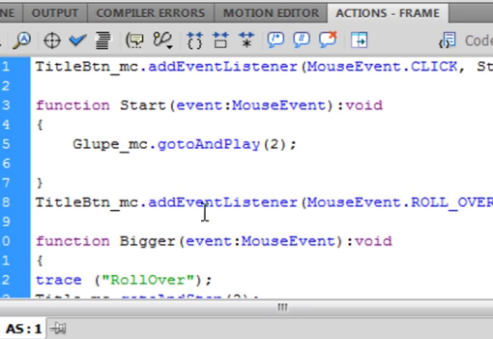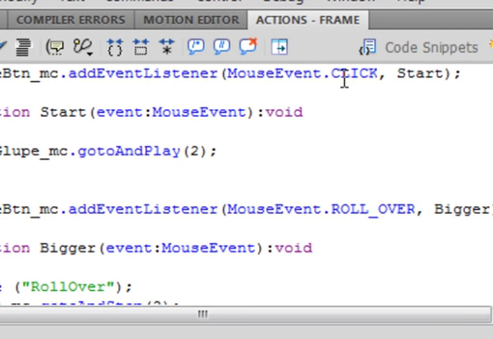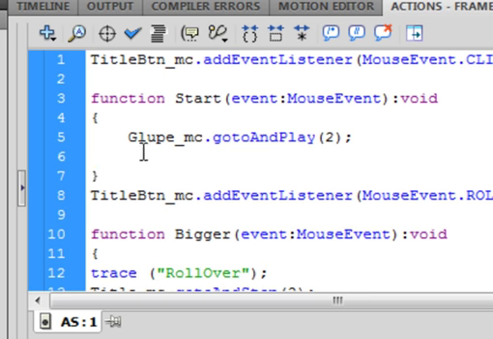Period. Again, add event listener. You can come down here and copy this add event listener if you want. Open bracket, mouse event. You can copy that whole thing from here to there and put it up there if you want. Period. Now this is going to be a click. All capitals, CLICK, comma, and we're calling this start, capital START, close bracket, semicolon. And here's the function I'm making in here. It's a function, start, same word as that, event, colon, it's a mouse event, capital M, capital E, close bracket, colon, void,